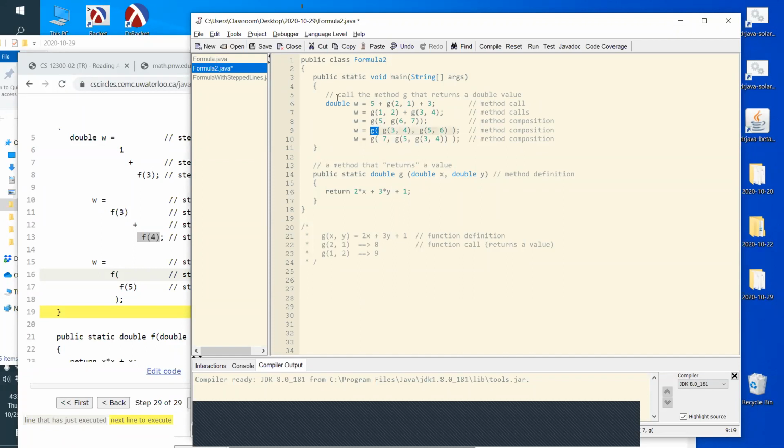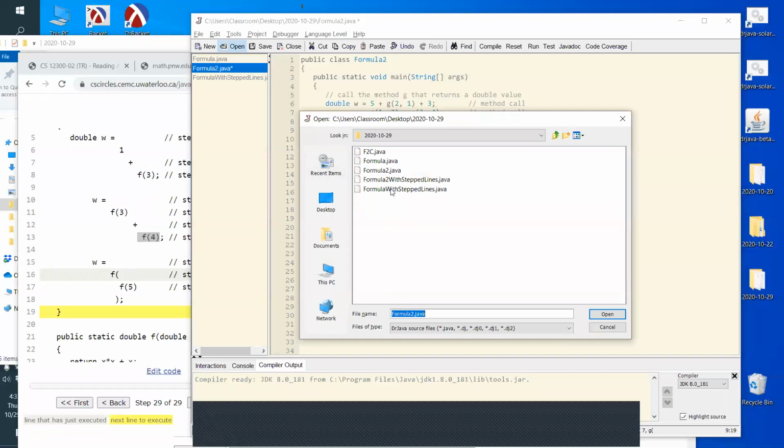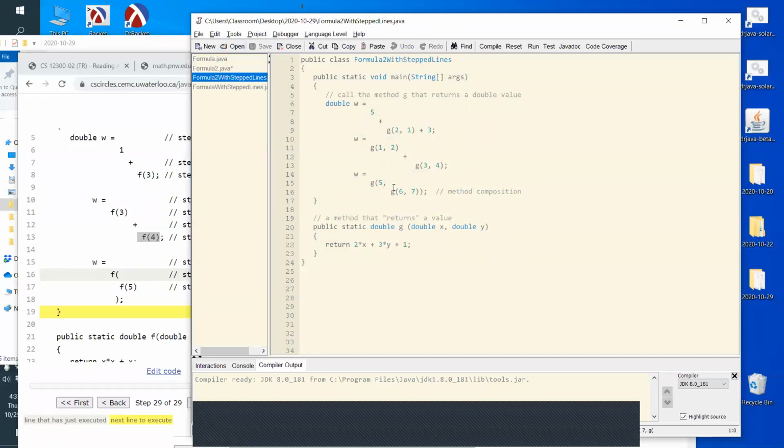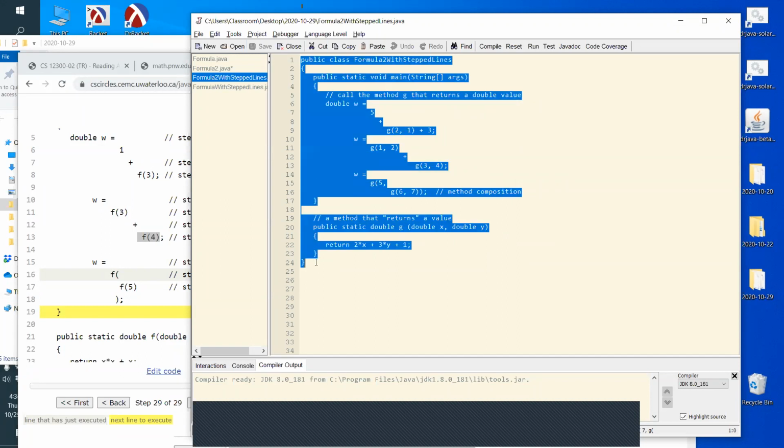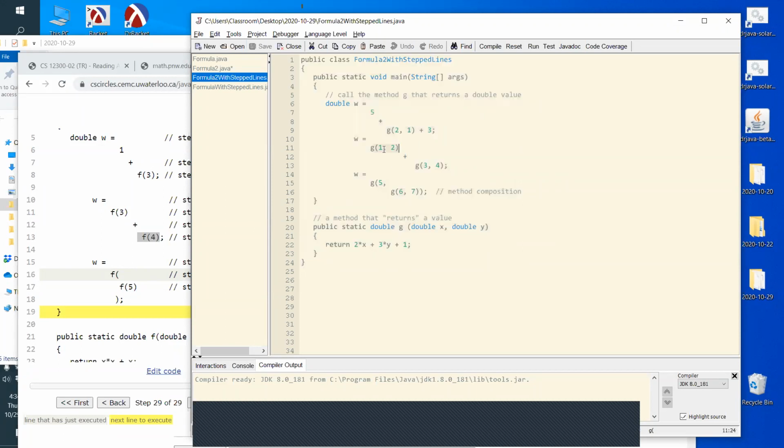And if you really want to watch them happen in the right order, you do formula 2 with stepped lines like this. Okay, let's put this one in the Java visualizer real quick. And then you can see how when you get to this one, you do that one, then you have the answer. Whereas here, you have to go to this one first, then you can go to this one, then you have the answer. So let me,